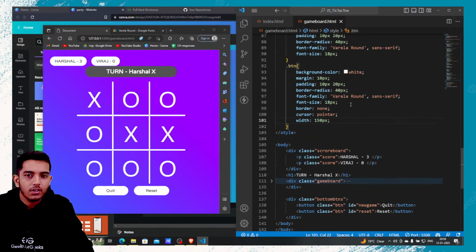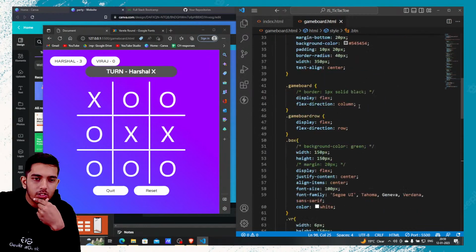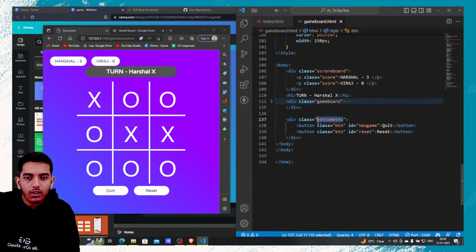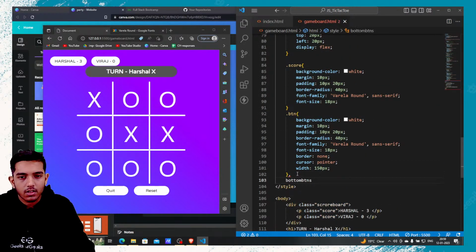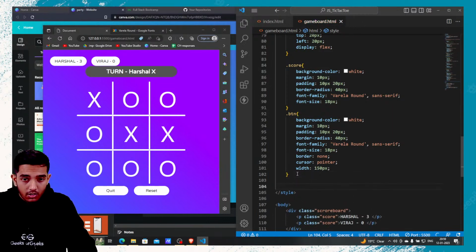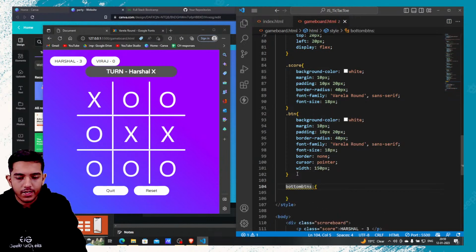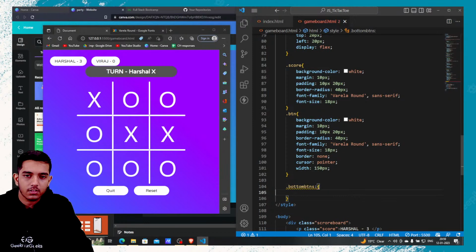After this, what do we need to do? We can do one more thing. I can assign it some properties. Bottom btns basically contains these two buttons, quit and reset buttons, so we can assign it some